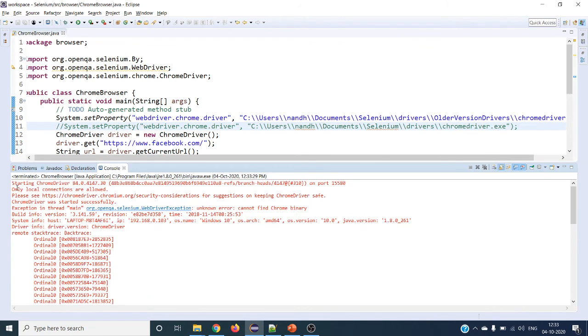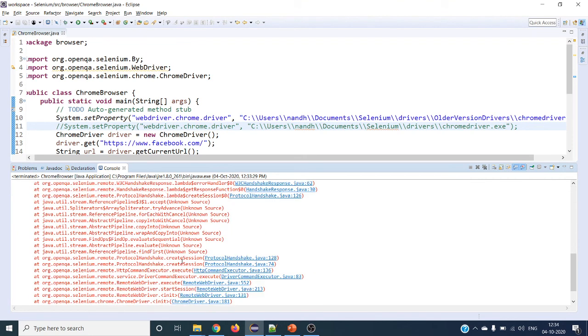You can see over here, starting with Chrome driver version 84. So I am using 85, so the version will not be compatible. We can see with this error, exception in thread main, org.openqa.selenium.WebDriverException: unknown error: could not find Chrome binary. With this error, you cannot identify what's going wrong with the incompatible version, because this is coming from WebDriver only. If it is coming from your Chrome browser, you can easily identify. But right now, Chrome WebDriver is giving only this much error. So if you remember this, I think it will be good for you in future if you are using an incompatible version.